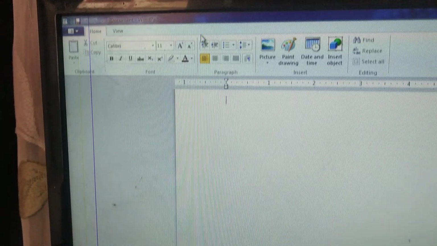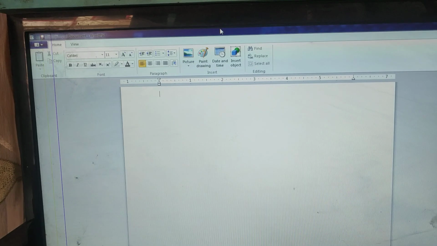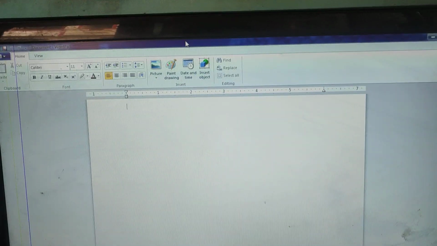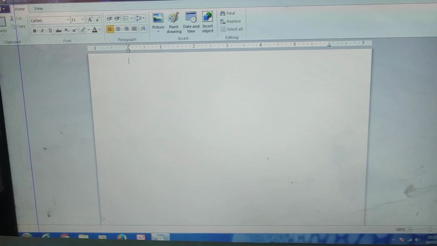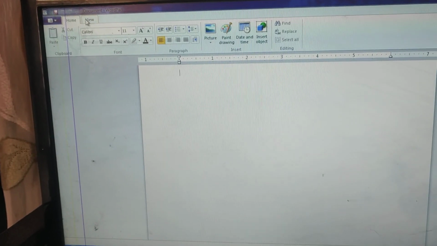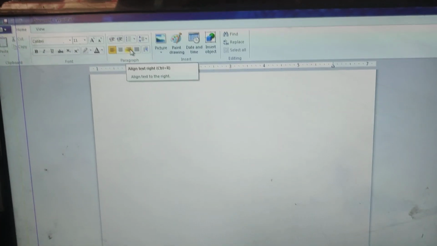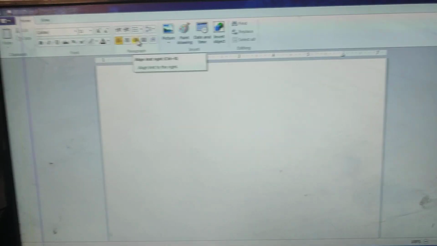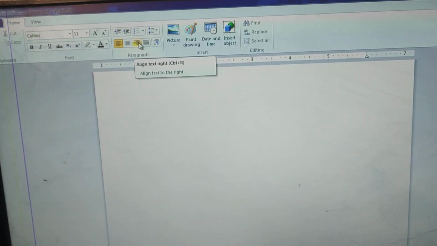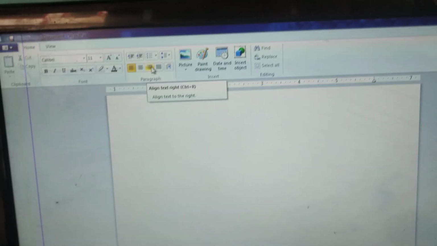These sizing buttons I will tell you about afterwards. But just remember that whenever you are opening any application, the first bar is called the title bar, the second bar is called the menu bar, and the third line is called the ribbon, on which we get all the formatting related options.